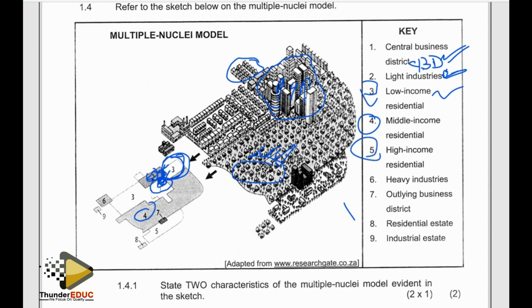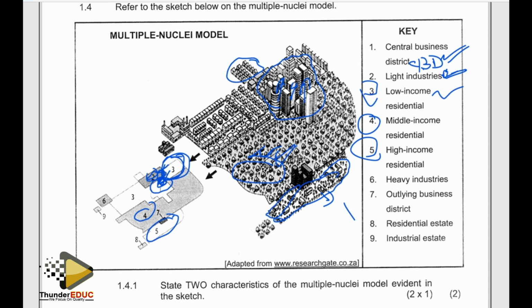Then we have number 5. Zone 5 is here. You can see like this part here. This is the high income residential, what we call the suburban areas. These areas are now very far away from the CBD and on the outskirts of the city. You are seeing where zone number 5 is at the periphery of the city, on the outer edge of this city here. They are very far away from the central business district,